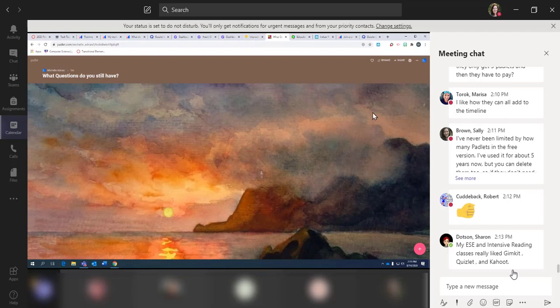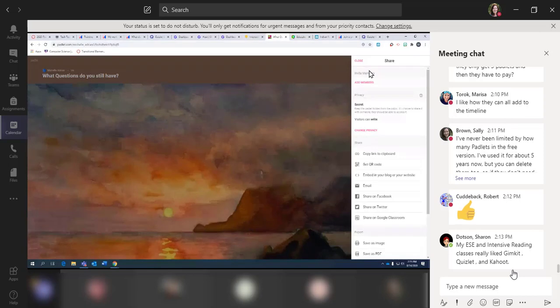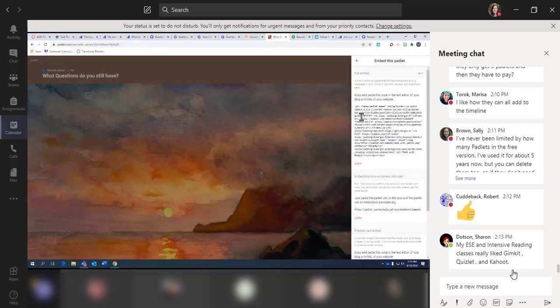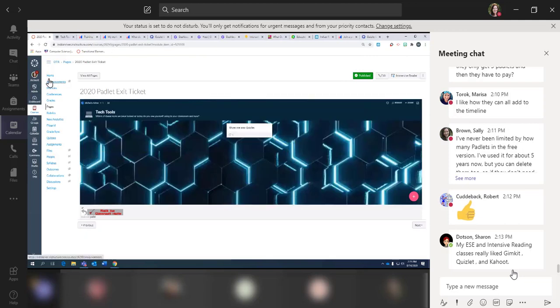And again, those of you that were in our rich context editor, when I click share, here is where I can get the link, or here's that embed code. So I click here on embed. Here is that whole big copy. So I'm going to copy that. I'm going to go back to my